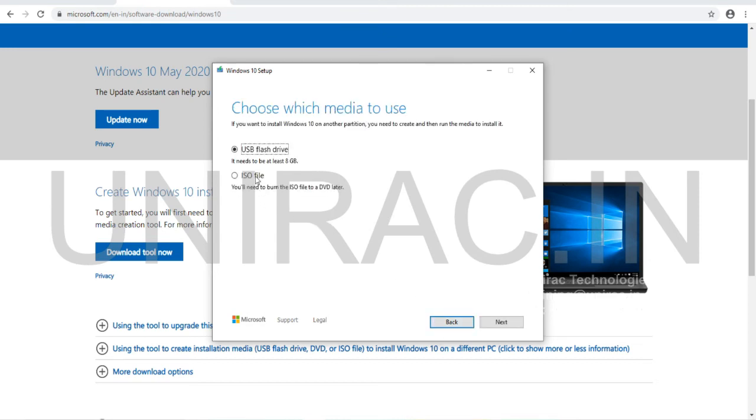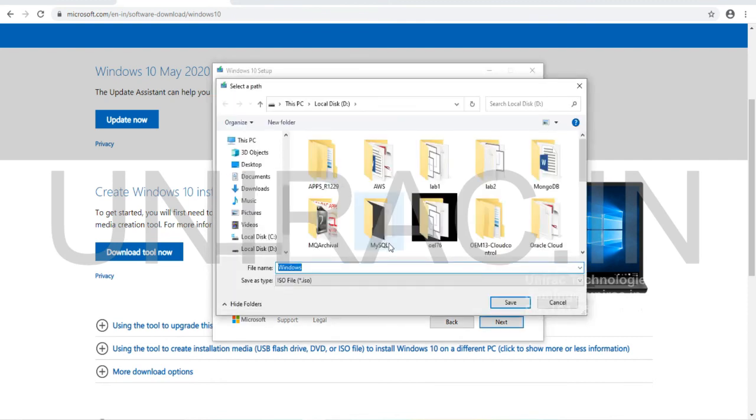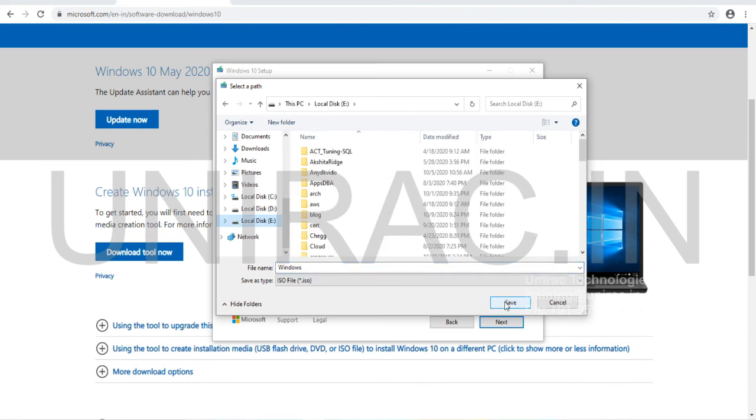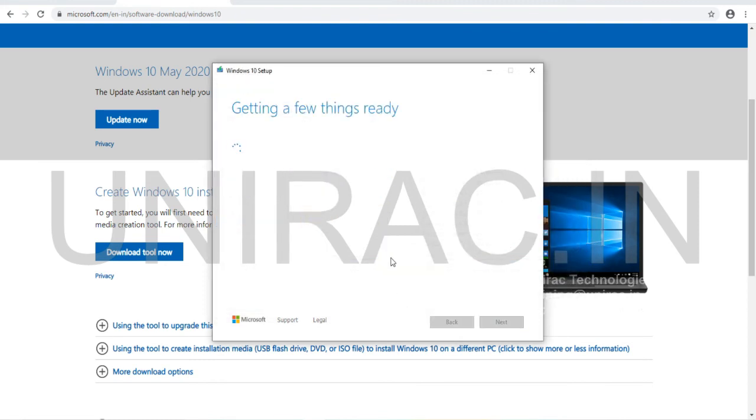We're going back to choose the ISO file. Choose the ISO file where we want to store your image file in the local system. Any folder you can choose. It's getting ready now. So it is very simple to create your image file or download Windows 10 onto your flash drive. The process started. It's in progress at 1% now. Wait for 10 to 20 minutes.